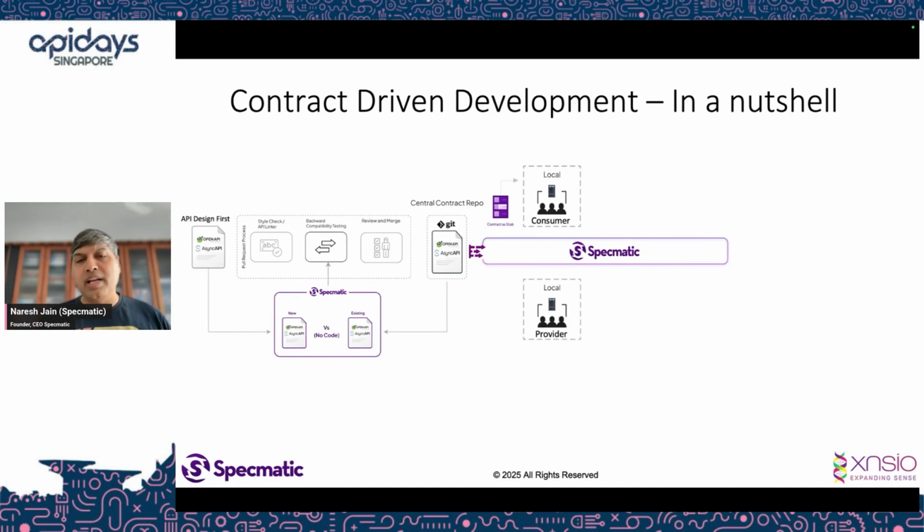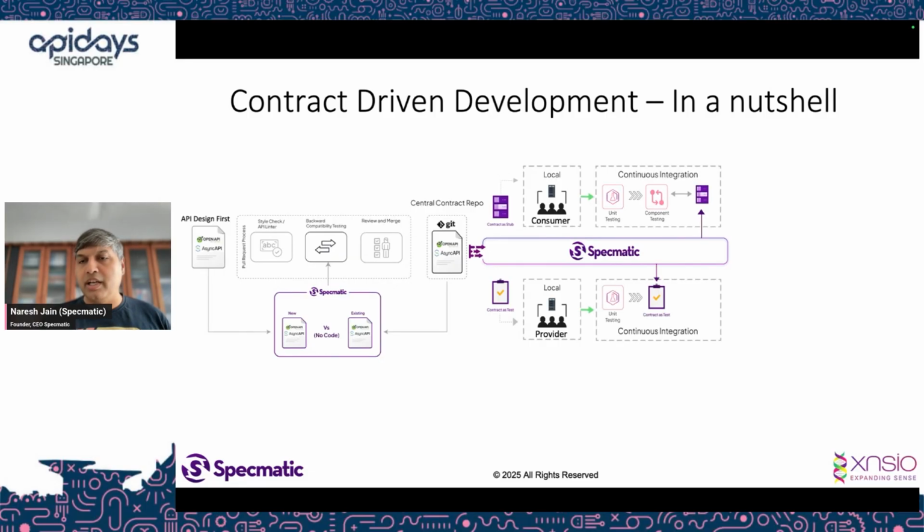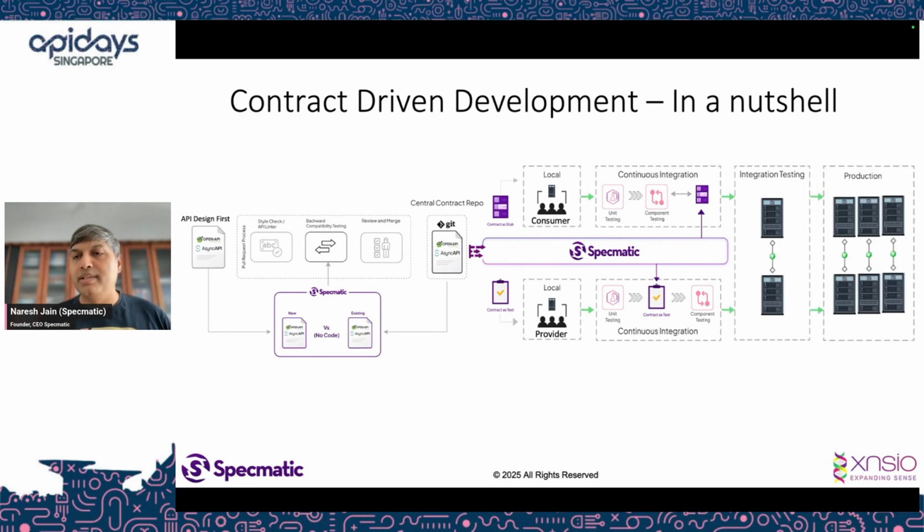Similarly, on the provider side, you can do almost a test-driven development kind of style where you run the contract tests. The tests will fail because you don't have the implementation, and you can go through one by one and make all the tests pass, and that would make sure your implementation is contract compliant. Right. And then when you're ready, you could go into your continuous integration and again use Specmatic over there to provide you the stub or the contract test. And this will ensure that when you get to integration, you don't see any contract related surprises,